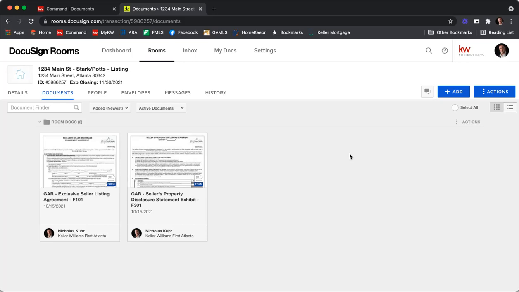So when you create a room from now on, it'll drop you into your Documents tab. My first instinct is to be, oh, I'm going to go start updating my forms. Here's my listing agreement, I can just start typing everything in. Don't do that. What you're going to want to do first is once you get dropped into your Docusign room